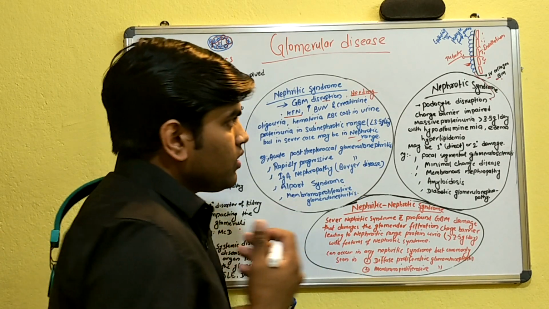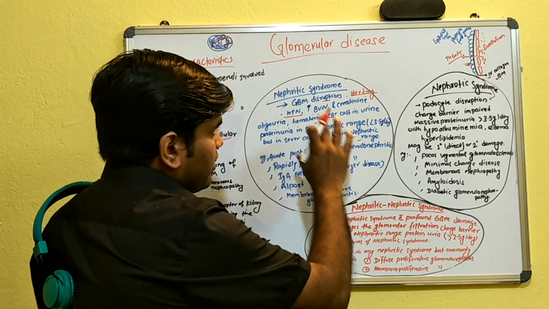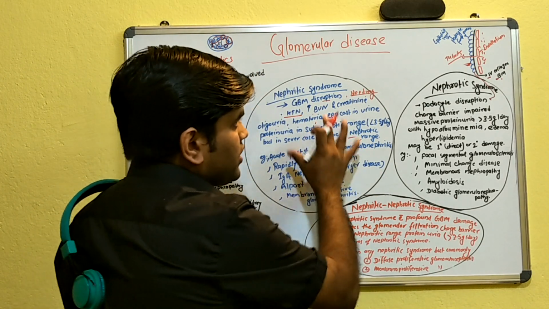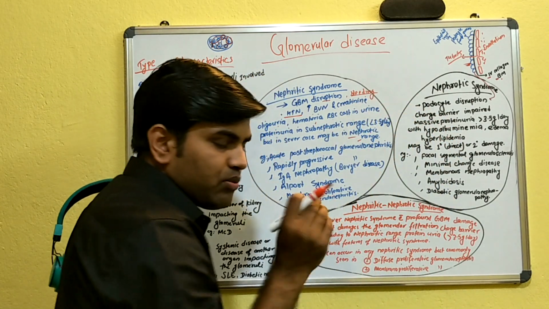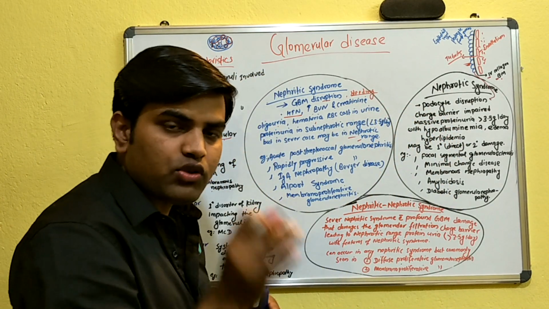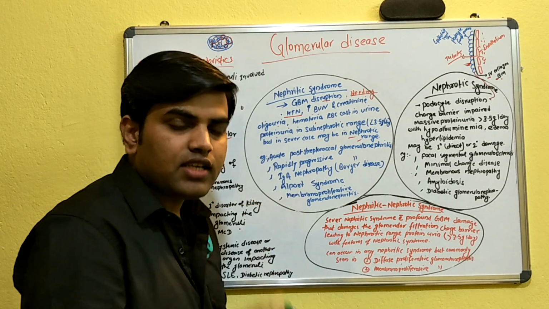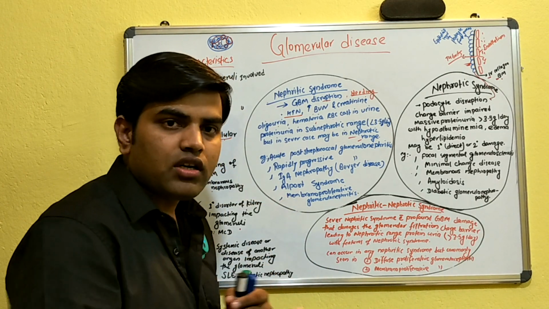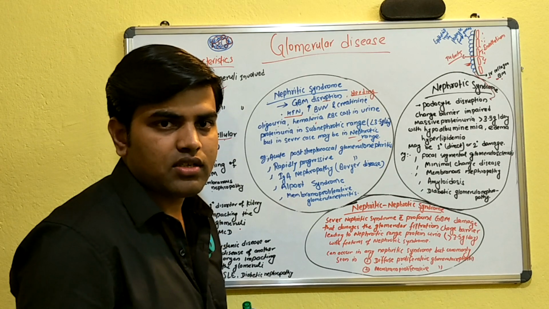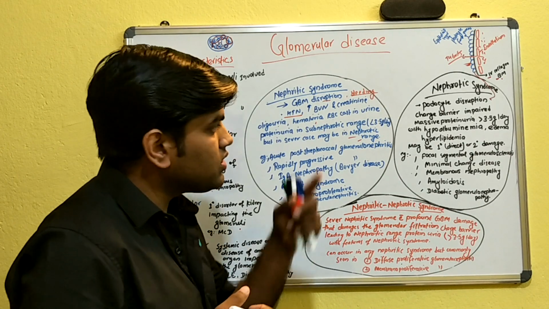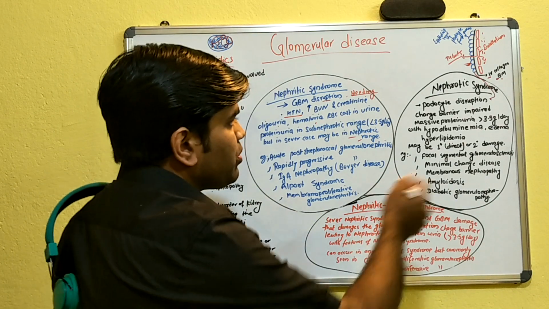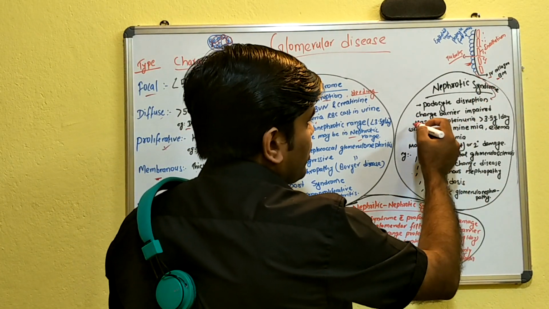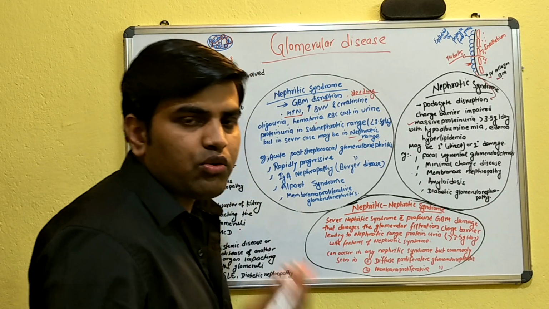Okay, which means that in this there was glomerular basement membrane damage, but here we are talking about the disruption of the podocyte, which is responsible for the charge barrier. Since the charge barrier was intact, albumin was not coming into the urine because of charge repulsion. But since the charge barrier is now damaged, albumin will easily leak out, and there will be massive proteinuria, and the protein will be 3.5